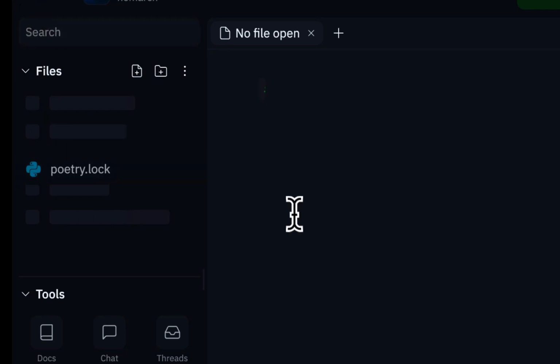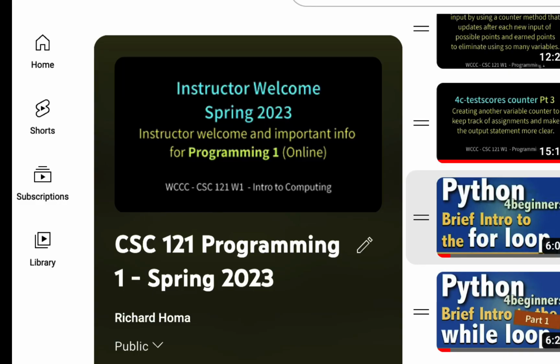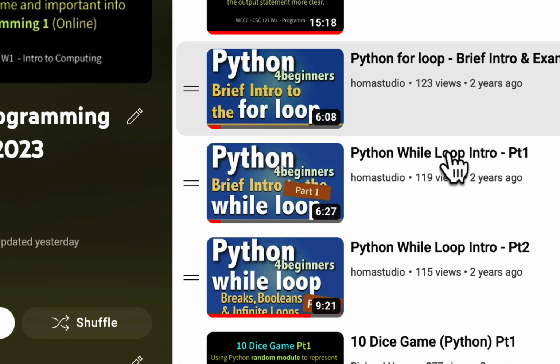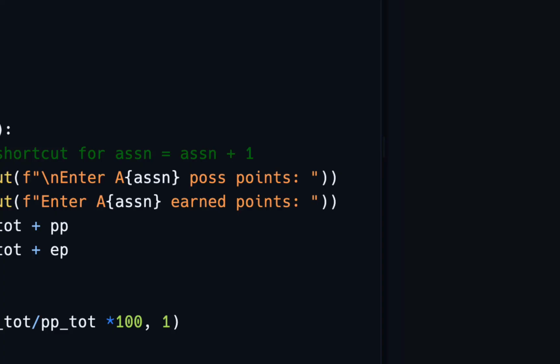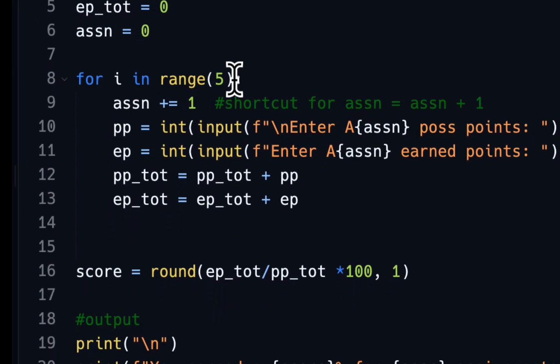But what we'll do, instead of this for statement, we're going to use a while statement. And again, check out the videos in here about using a while loop. And they're from my Home Studio YouTube channel, not from the Warren YouTube channel, but it's still me. So what we're going to do in here is create an infinite loop. Now you've got to be careful with them because sometimes they could lock things up. But we're going to go in here and put while,